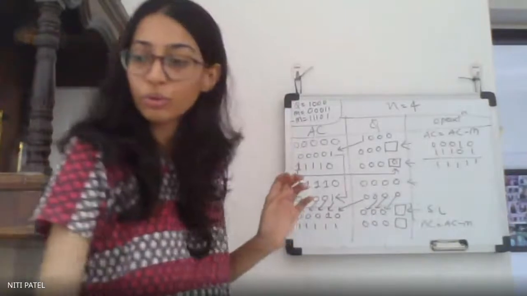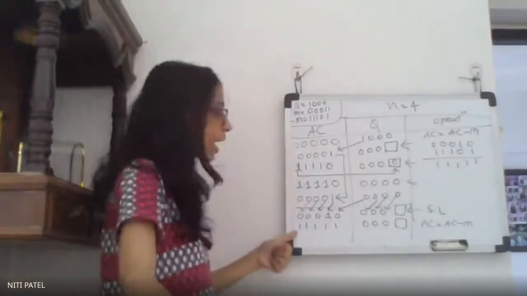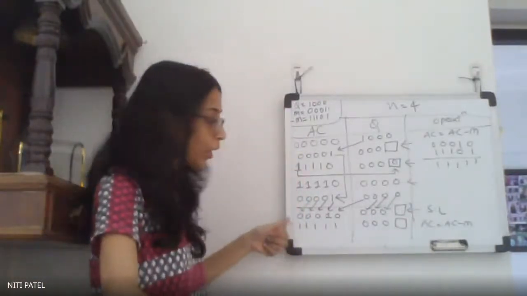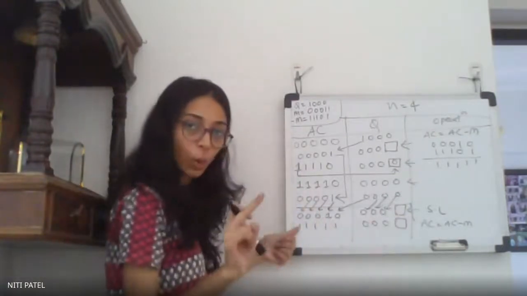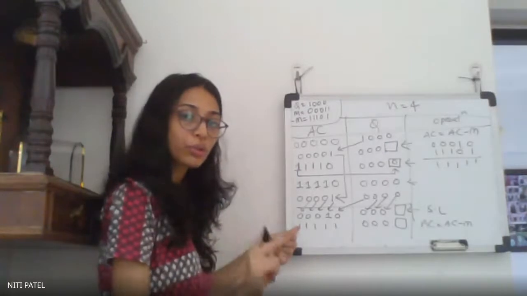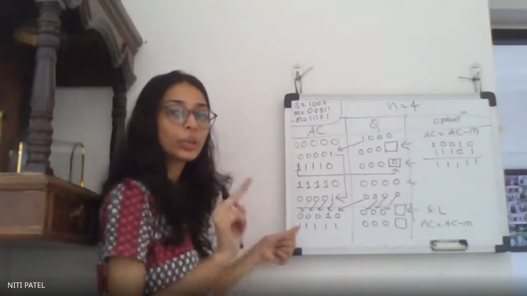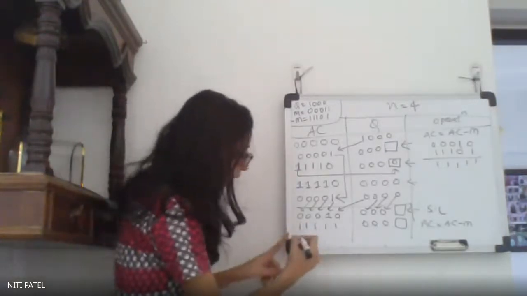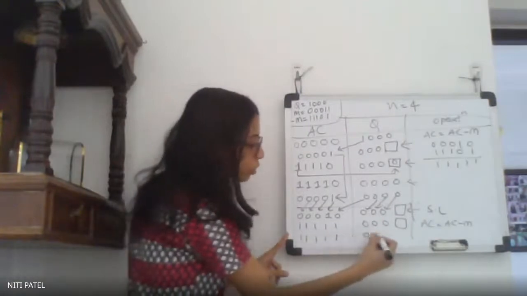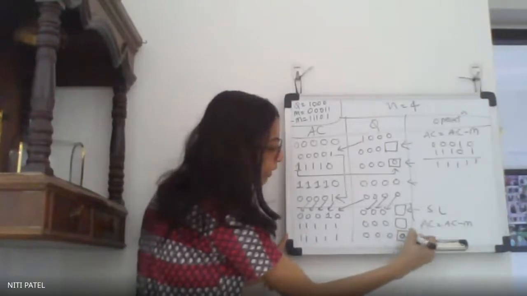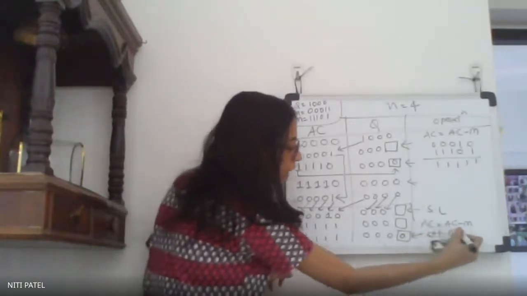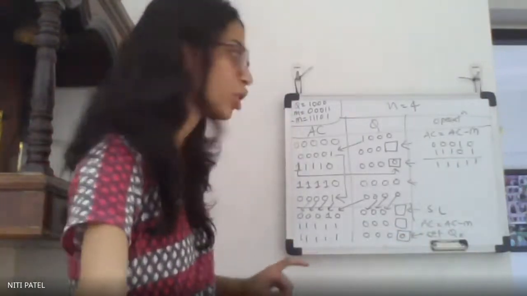After that what I have to do is see the value of A. What is the value of A? It is 1. So if it is 1, I have to fill the value of Q0 as 0. After I fill it 0, I have to perform AC is equal to AC plus M. So what I write is 1, 1, 1, 1, 1, 0, 0, 0. Since this is 1, this will be 0, which I have set, and I will write in the operation that I have set the value of Q0.